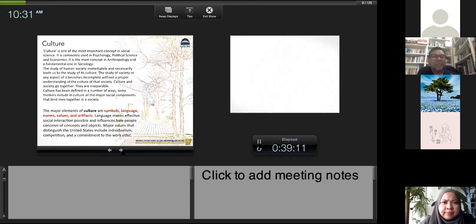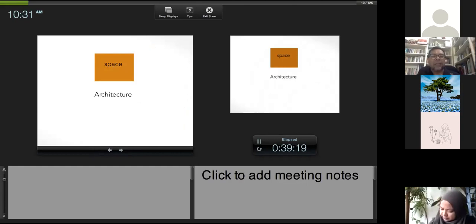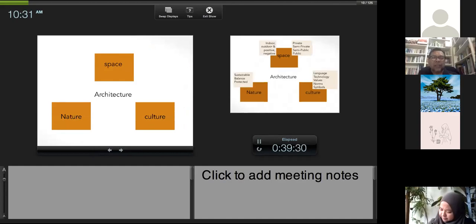Wallahu a'lam. Okay. So in the first conclusion that I can say, because we are actually talking about architecture, space, one of the most important things that we discuss, and then we discuss nature, and we discuss culture, these three fundamental elements need to be coordinated and composed as a piece of architecture, a built environment that you're going to design. But in each of these,